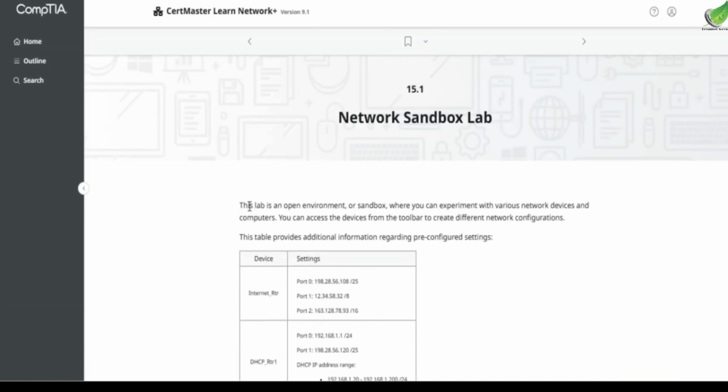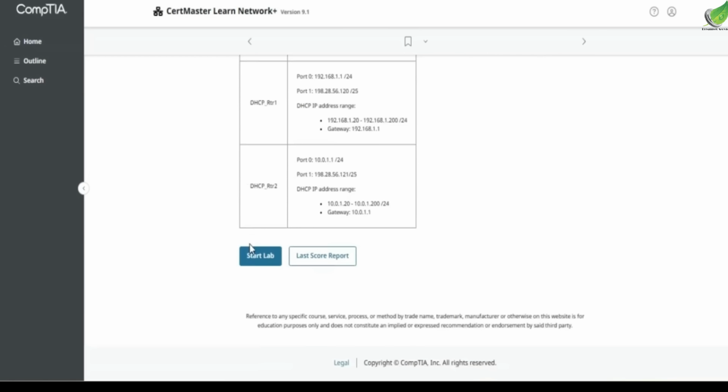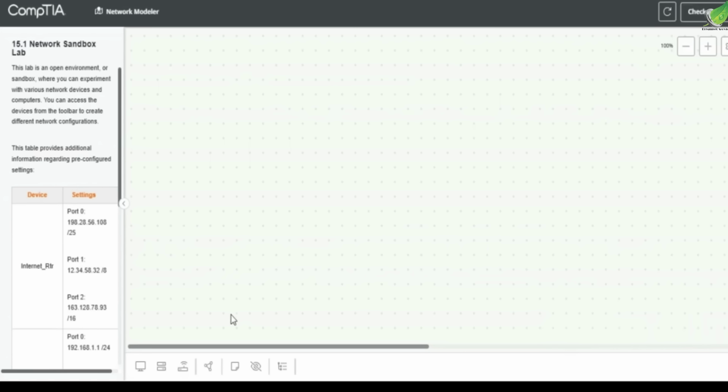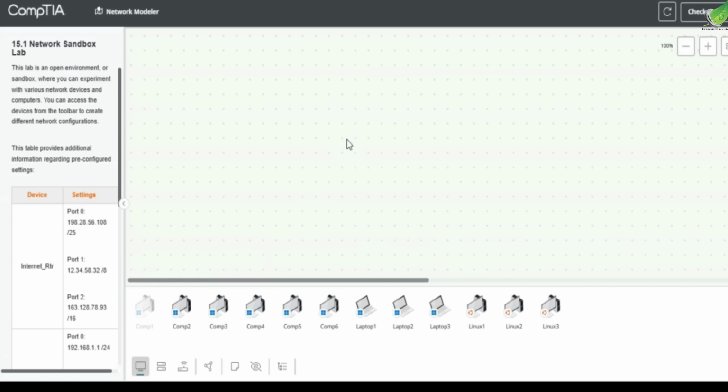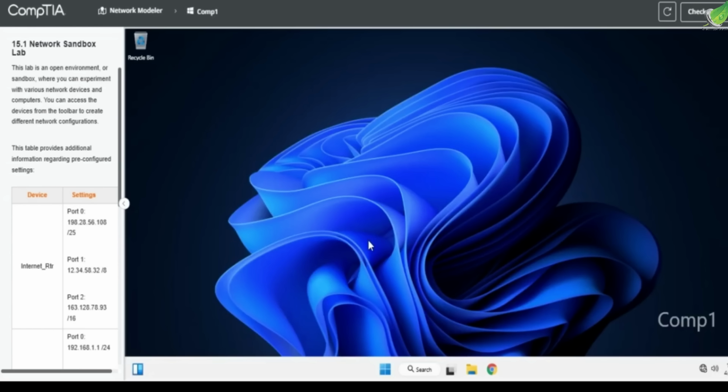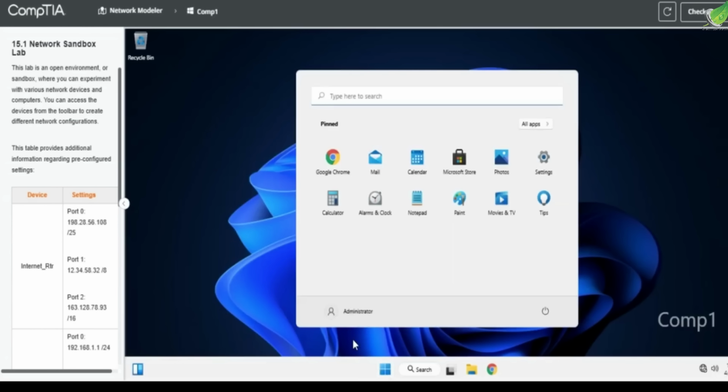Alright, so I guess let's start up. So go to comp 1. Let's open this, launch Windows. And what are we doing today? Let's just go to Windows Start,